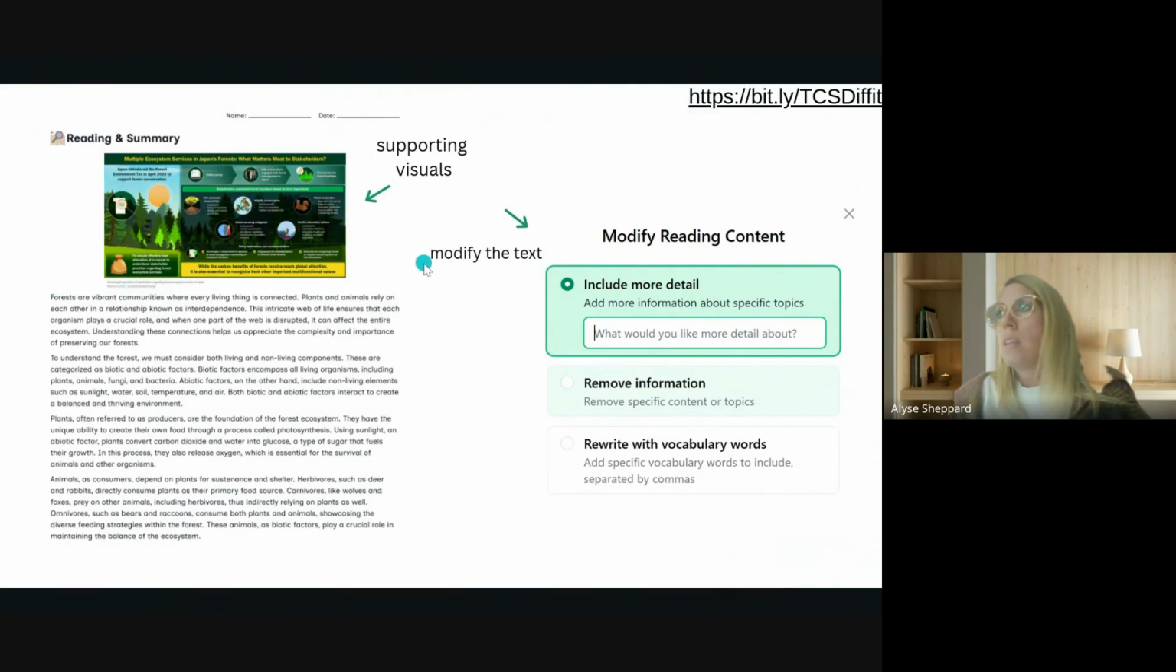One of the things I love about Diffit is it always includes these great supporting visuals, which is really great for science. It's really great for social studies, to have like a good map, a graph, an infographic up at the top to go with the information in the article, to help students understand. And then,